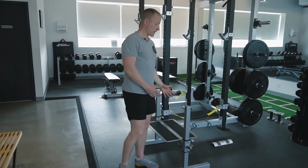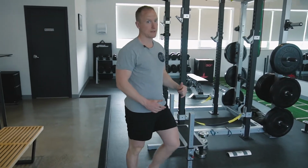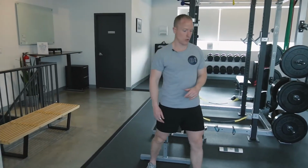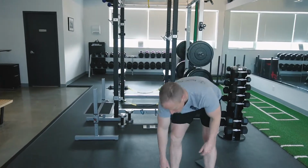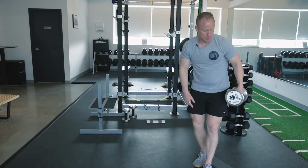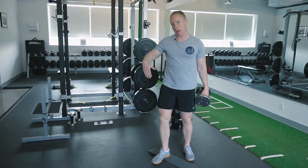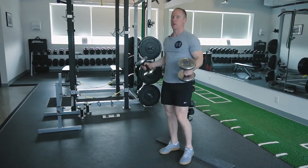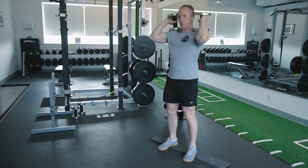So if you want to make it harder, make sure that you don't use your back legs at all. And then for the next exercise, we're going to do a front squat with dumbbells. So I'm using some strips here to elevate my heels a little bit. So I would recommend doing that when you're doing a front squat, because it's easier to keep a more upright